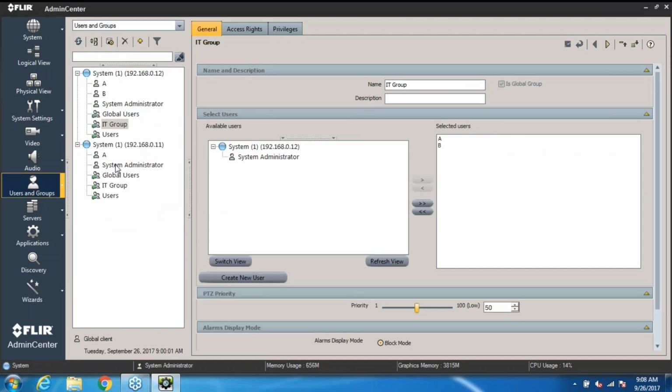And now you'll notice, just as I mentioned, the IT group, which is a global group, we've made it that way based on this checkbox over here, just by refreshing and making sure that that information is transferred to the global admin server and then disseminated to the other groups. We can now see that the IT group is now down here in system 11 as well, even though it was created up here. And the global user A is also appearing down here now once we've refreshed, but the non-global user B is not, because we didn't